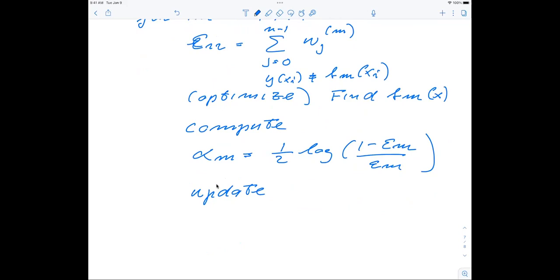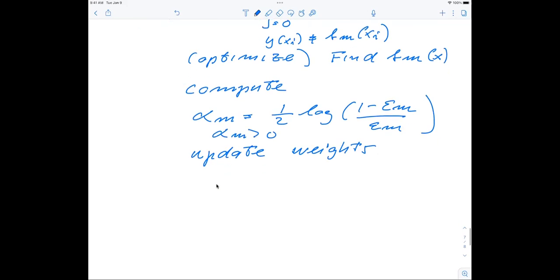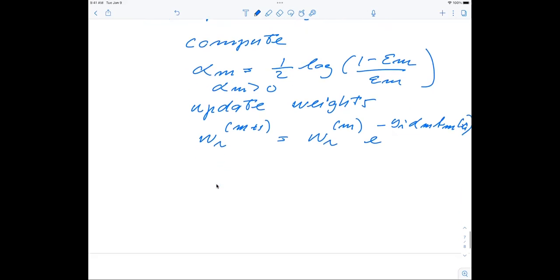Here we update the weights. So when we have this parameter alpha m, which is assumed to be larger than 0, we update the weights, and then w_i of m plus 1 is now going to be equal to w_i of the previous iteration, multiplied with e to the minus y_i alpha m b_m of x_i. So we have to calculate all the weights, and then we normalize the weights,